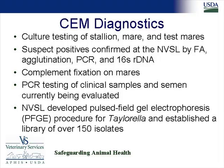We did develop a pulsed-field gel electrophoresis protocol using selected enzymes that Matt Erdman, who works in the bacterial identification laboratory, developed. With that, we were able to show that all of the isolates from the 2009 outbreak were identical, so they're all epidemiologically linked. They were all different from our library of over 150 other isolates, with the exception of